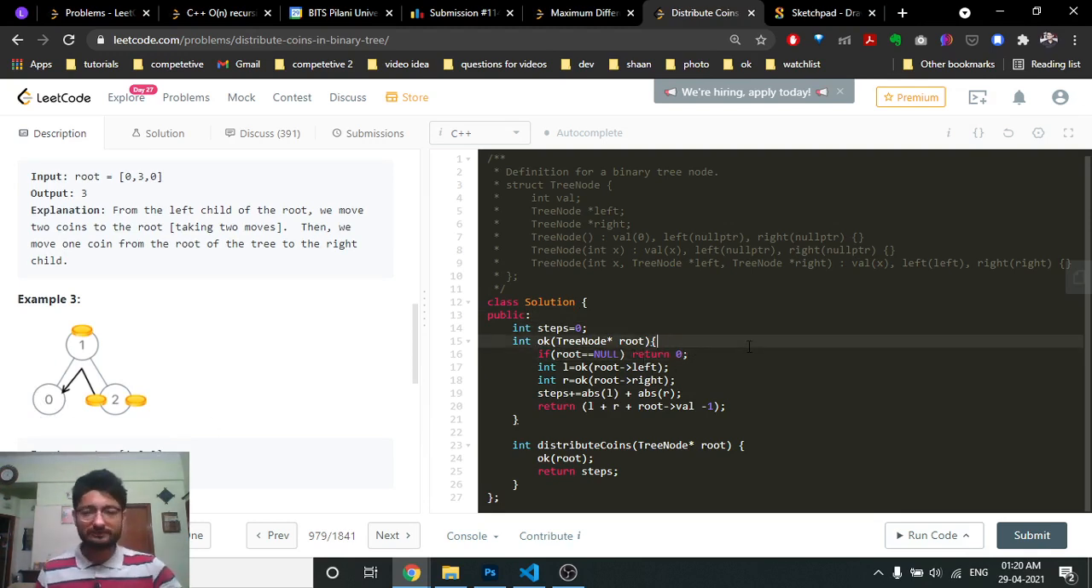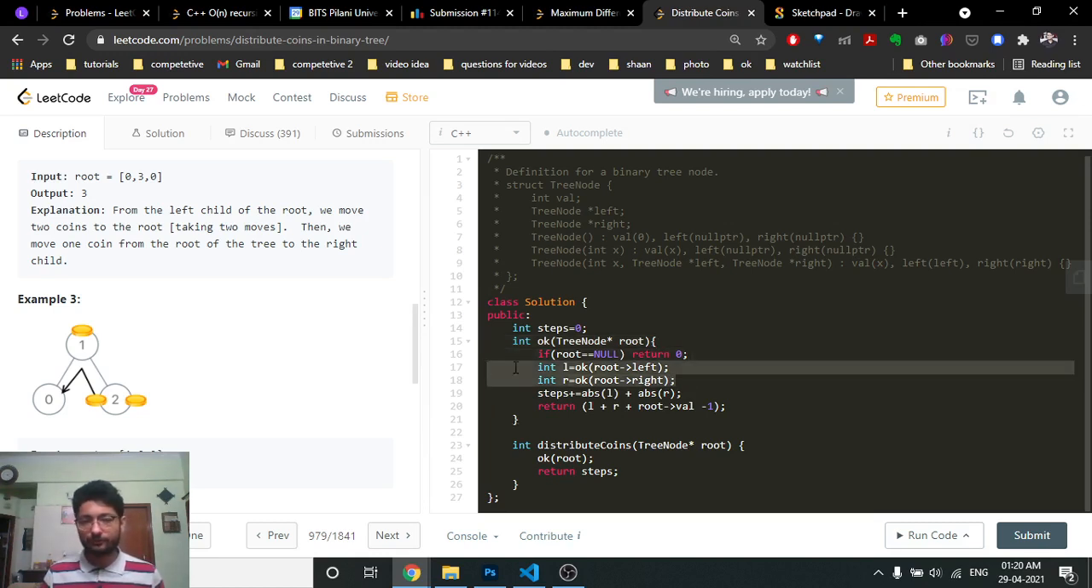Then we recursively call this function on the left side and the right side, which I've told you in the previous videos also. You can check those videos out. So I have to recursively call the left and the right part. You have to first write down a base condition, then the left and the right part. You have to call them because we are doing a recursion. And then the steps are actually the absolute value for the left and the right part. This is actually sending me